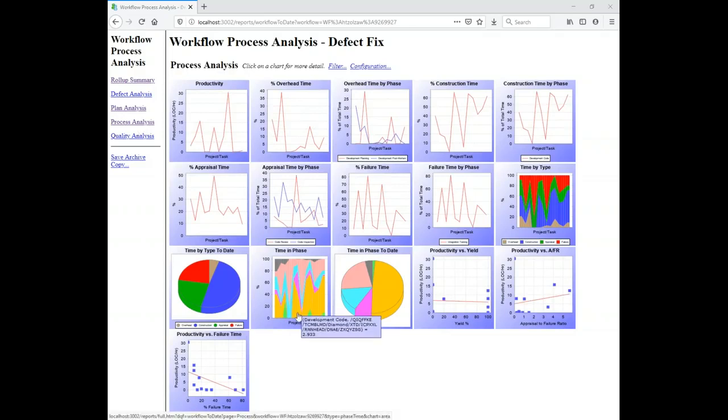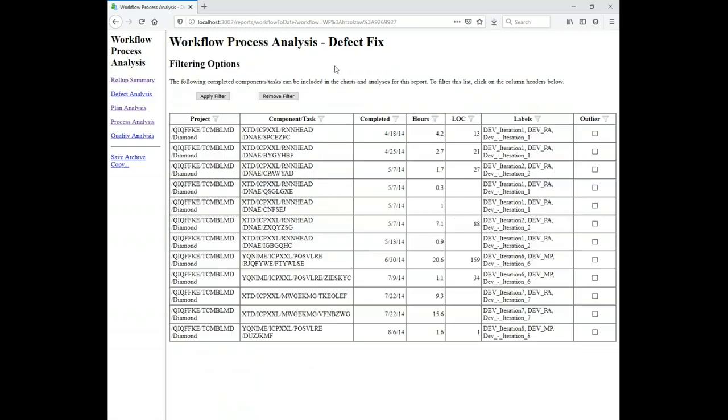And then also a number of charts that are great for process improvement and decision support. This chart also supports filtering. So in this example,